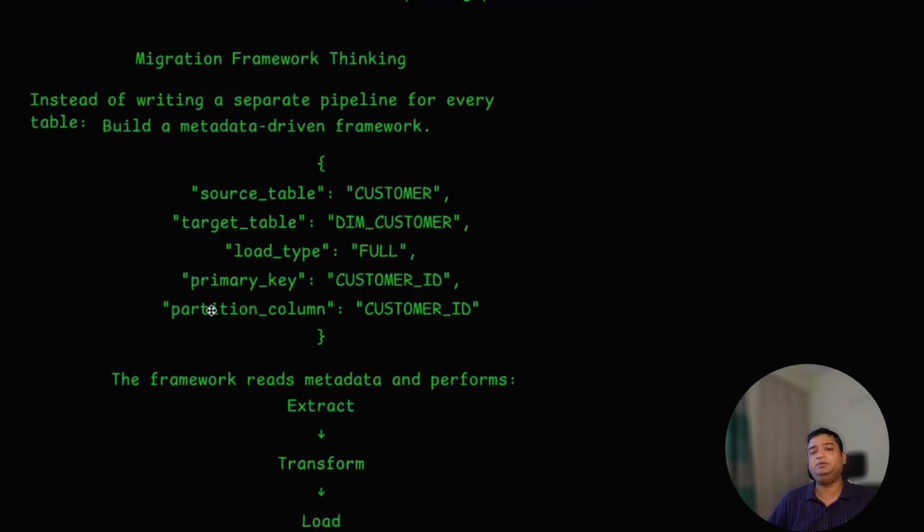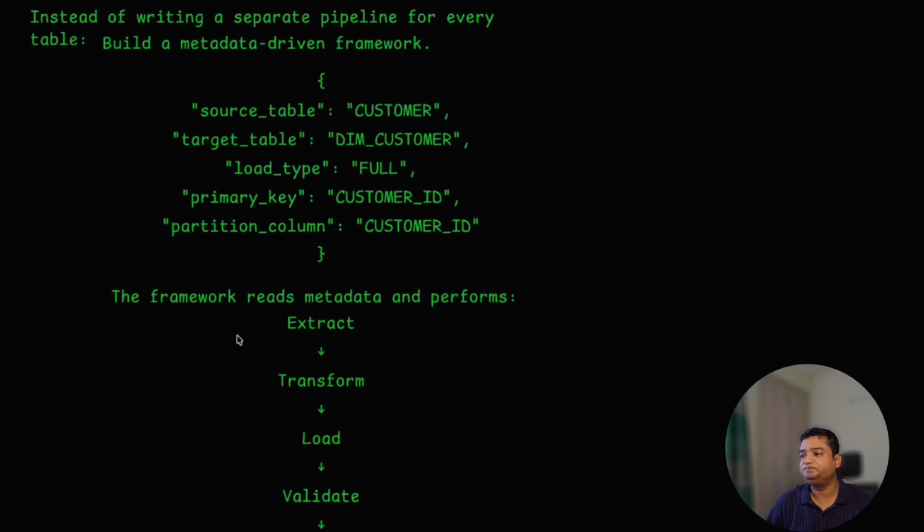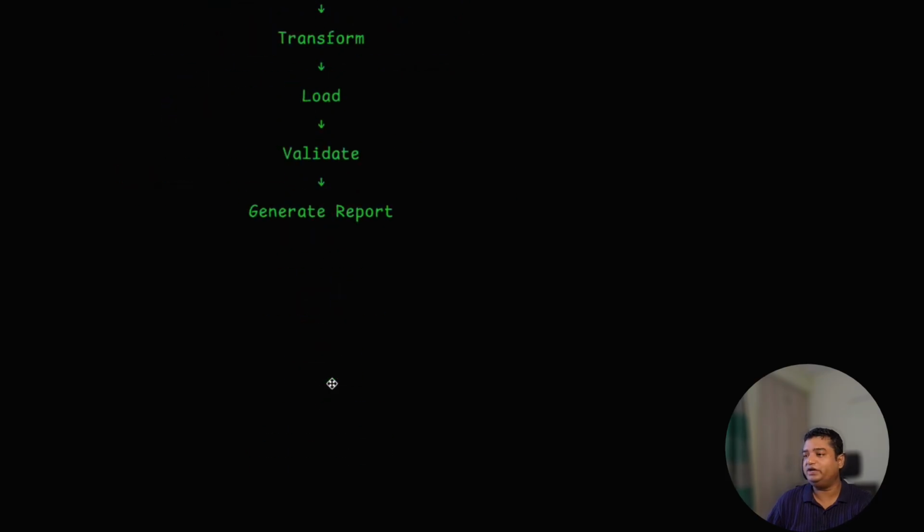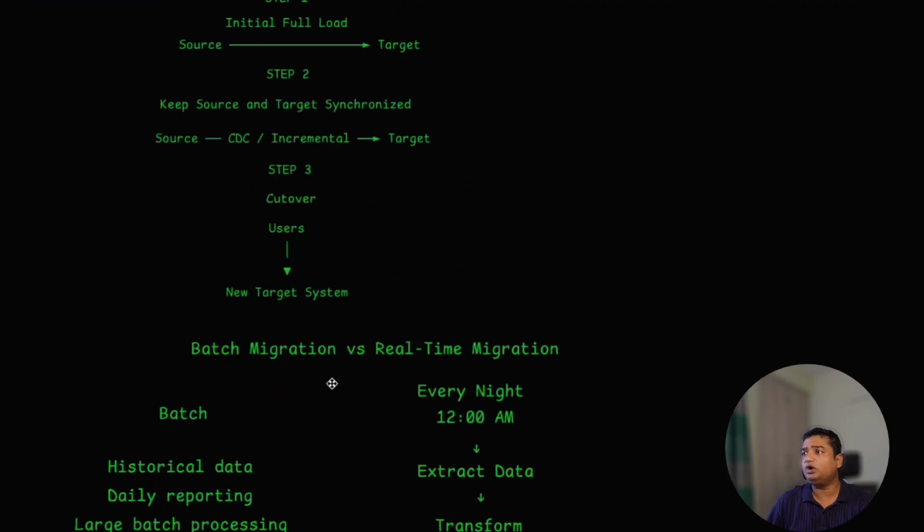So for each table, in fact each source system, you are not going to write a totally different pipeline. But if a pipeline needs a totally different logic from the other pipeline, then you have to write a separate pipeline. A framework will extract the data, transform, load, validate. It's general, and then it will report. So this was all about